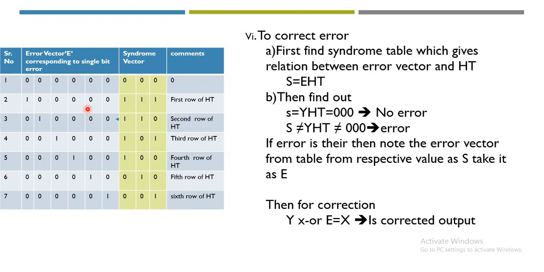So if you take the example over here, the error is present at the first location, and this is for the error present at the second location. So it just indicates the value of the error vector where the error is present at the different locations, and for that we found out the respective syndrome table. And one thing is very important that we have already seen in the theory, that the syndrome vector table is similar to our H transpose.